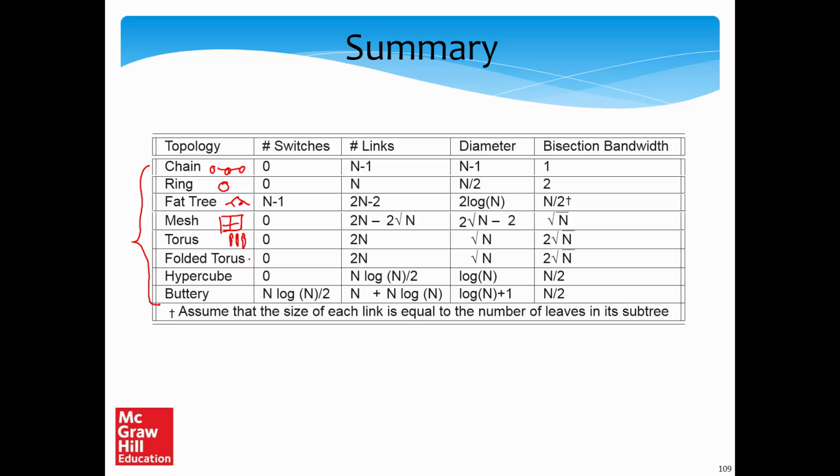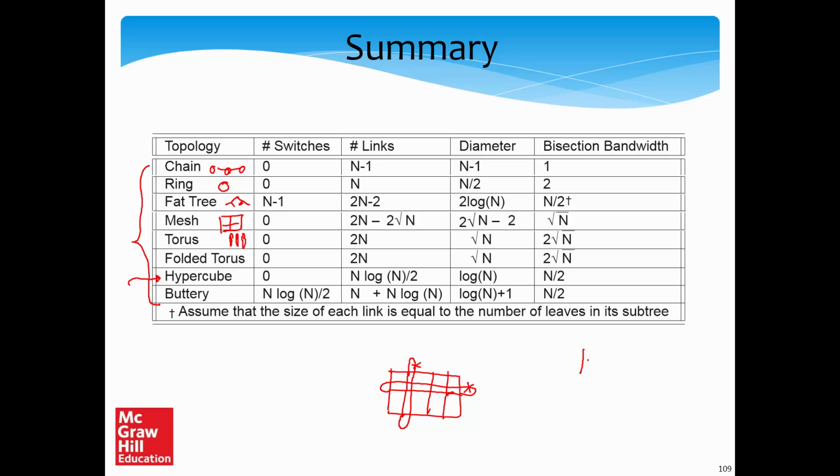We can have a folded torus, where the advantage is that a torus always has, if I consider a torus like this, these long links. So the advantage of the folded torus is that we don't have these ultra long links. Instead, nodes are distributed in such a way that the internode distance is more than a torus, but these long links are not there. Then we have a hypercube, which is sort of a generalization of a square and a